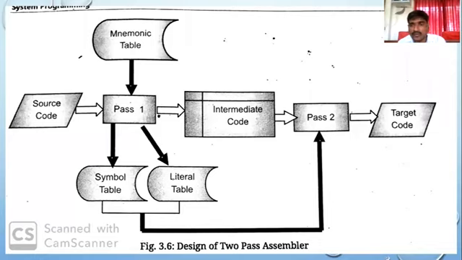Accordingly, we can consider a 3 pass assembler, a 4 pass assembler, that is nothing but a multi-pass assembler. In these passes we only separate some of the tasks performed, that is, which phases are included in the first pass, and other phases can be considered in the second pass. Here we design up to a 2 pass assembler. The differences were considered in the previous lecture also. We can consider different factors, and according to those factors we can differentiate single pass and multi-pass assemblers. Now we consider only the 1 pass assembler and the 2 pass assembler.